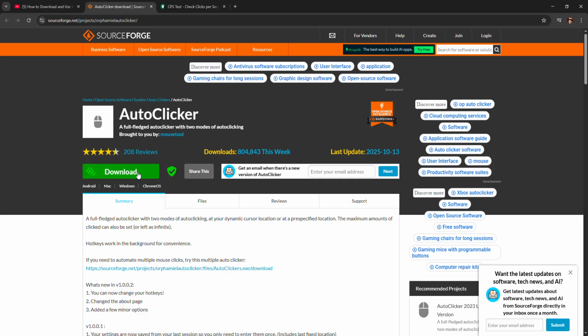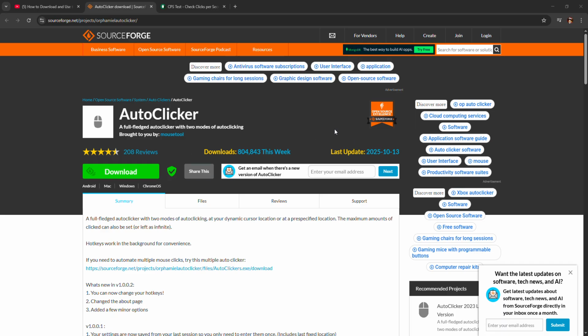After you're done downloading, you have to press this and then you'll see the auto clicker download. After it's done, press it and it'll lead to your file. It will just be in your downloads. After it's done downloading, you will have this. It'll just pop up quickly after you click the file over here, right?